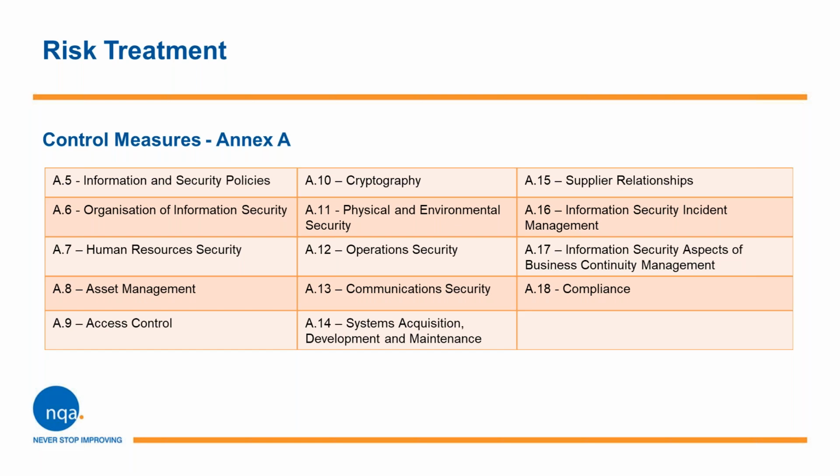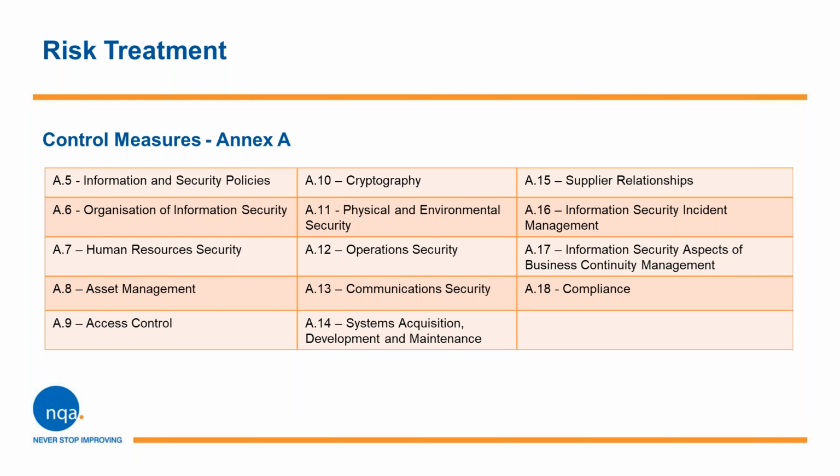A.8, asset management, which are controls related to the inventory of assets, which we've established is perhaps a good start point for all risks, their acceptable use, and also the information for classification of media handling. A.9, access control, for access control policies, user access management systems, application access control, and responsibility for users. A.10, cryptography is fairly self-evident. A.11, physical and environmental security, which are controls which define secure areas, entry controls, protection against threats, equipment security, secure disposal, clear desk and clear screen policies.